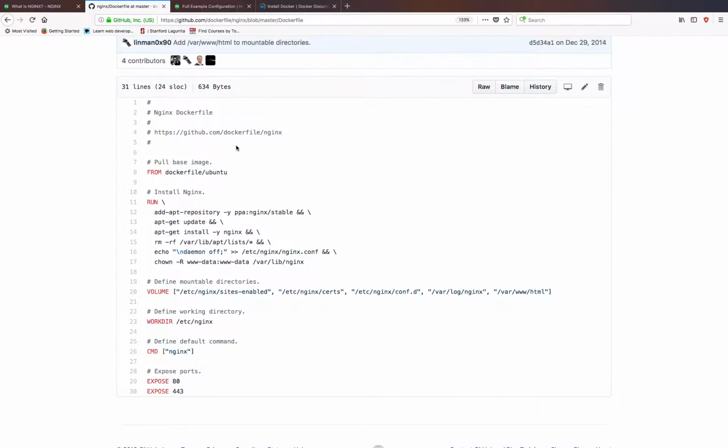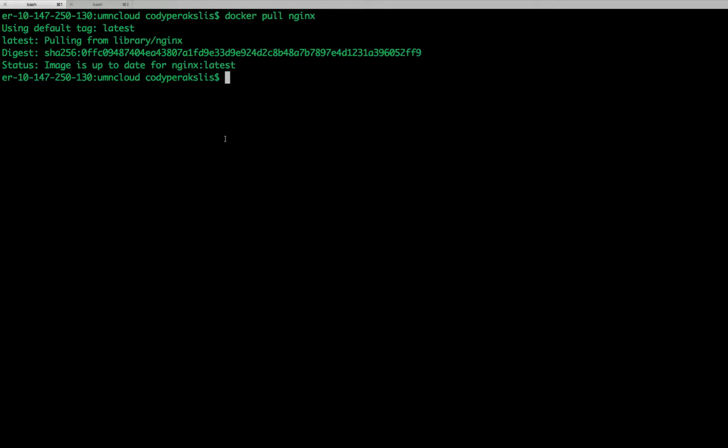Alright, so now that we have Nginx in the image, let's do something with it. So in order to run an image, you would do kind of like docker run, how I showed with the hello world, but this time we'll give it a name. So --name, we'll give it, and let's pick the name docker-nginx. This will mean that the container we make with this will have that name, docker-nginx. And then